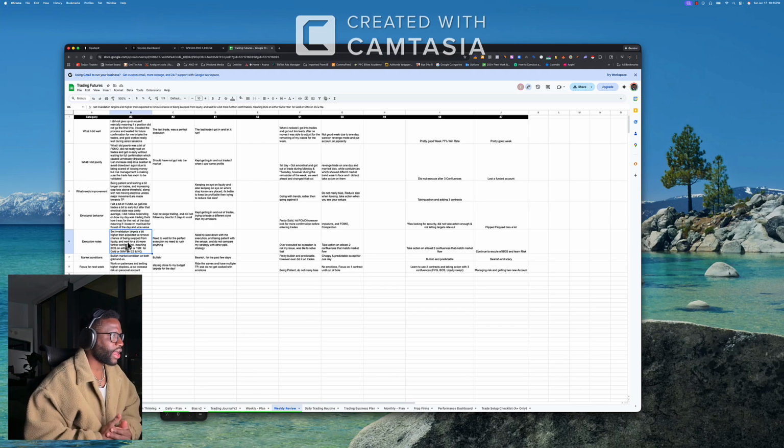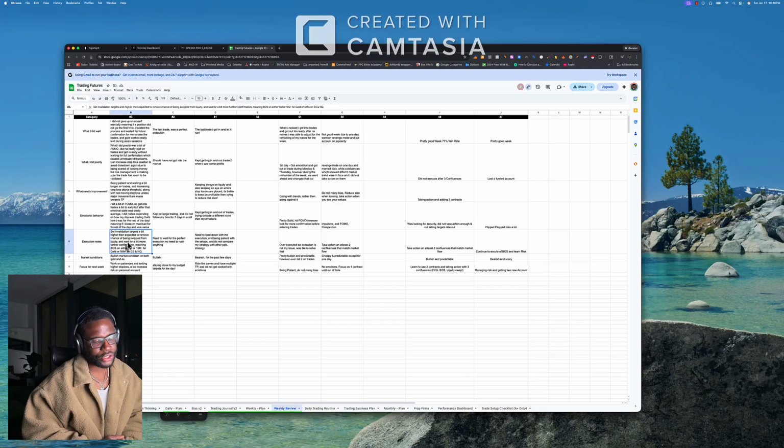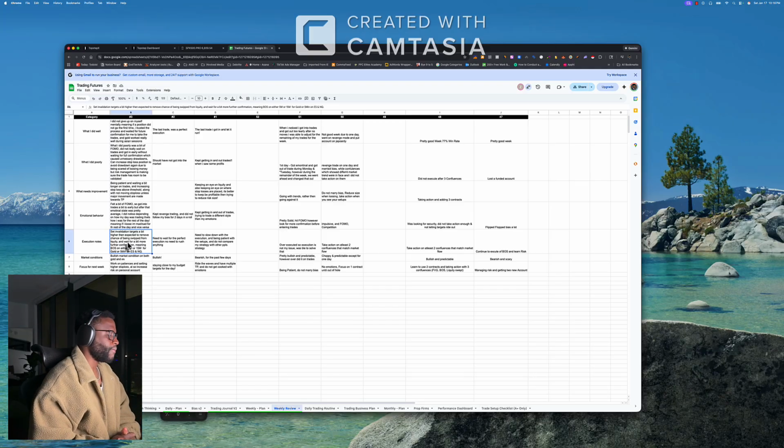Execution note: set and validate target a bit higher than expected to remove the chance of being swiped from liquidity, and then wait for a bit further confirmation, meaning break of structure, either 5 minutes or 15 minutes for gold, or 5 minutes on ES and NQ. Make sure it's super sound, super validated, and price is moving towards it. And then from there, boom, take action.